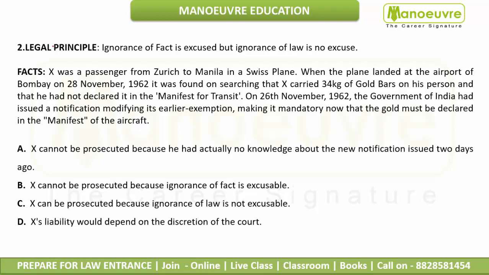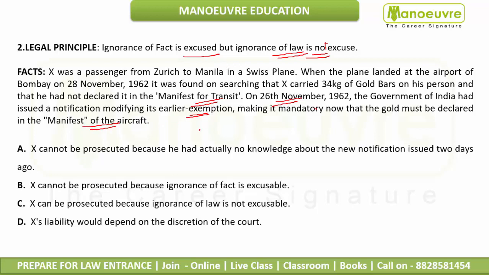Legal principle says, second question, ignorance of fact is excused, but ignorance of law is not excused. Okay, it is not excused. Facts: X was a passenger from Zurich to Manila in a Swiss plane. When the plane landed at the airport of Bombay on 28 November 1962, it was found on searching that X carried 34 kg of gold bars on his person and that he had not declared it in the manifest for transit. On 26 November 1962, the Government of India had issued a notification modifying its earlier exemption, making it mandatory now that the gold must be declared in the manifest of the